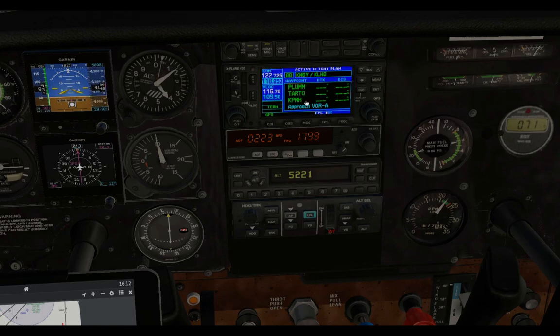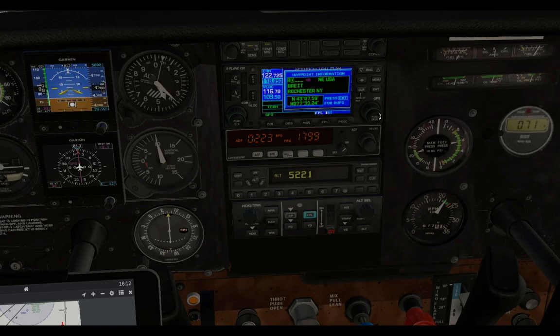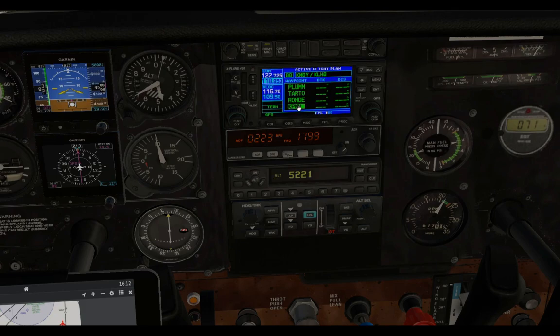So highlight the field prior to which you want to insert the fix, turn the small knob, and type in the fix name. There it is, that's the fix, and now it has inserted it between Tarto and Portsmouth. And we could also change the approach while we are here. So hit menu,